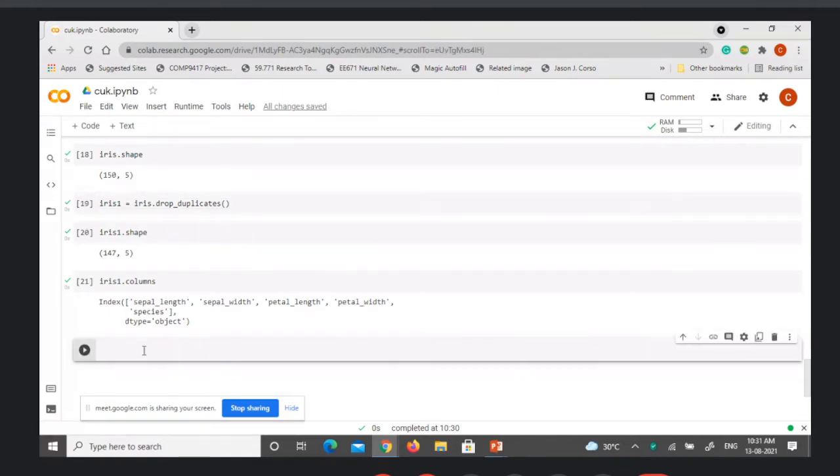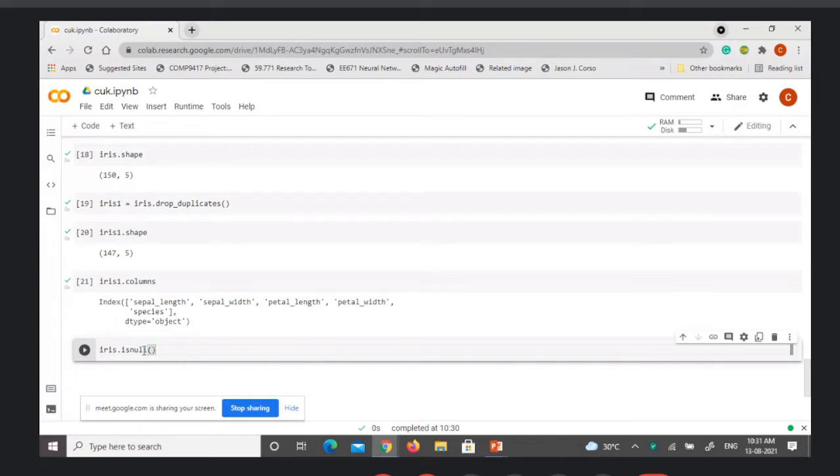Because if null values are there, then they will cause some problem when you are using any classifier. So we need to first identify whether any null values are present for any column in any row. If it is present, then what to do is the next task. So let us see whether we have any null values present or not.